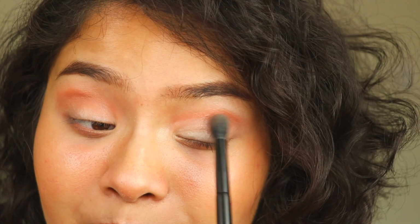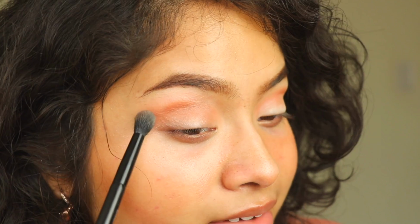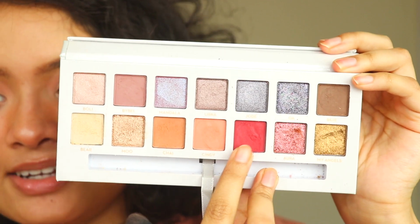So this palette at first is a little scary to use just because it's super pigmented, but now that I'm getting the hang of it, it's actually growing on me. Like, I like this. Even though I barely added anything to the eye with Cindy, I feel like it looks so beautiful. Now I'm gonna go into the shade Stev, tiny bit on my crease, just the smallest amount, but